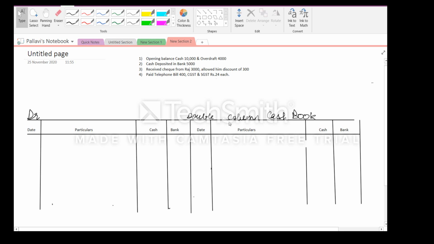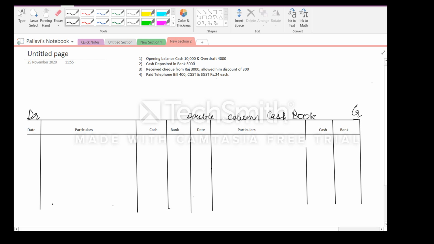So in this video for double column cash book, we are going to look at few of the concepts where you have discount allowed, where you have contra entries, and where you have GST, and also a bank overdraft. So this is a revision video. So in the first